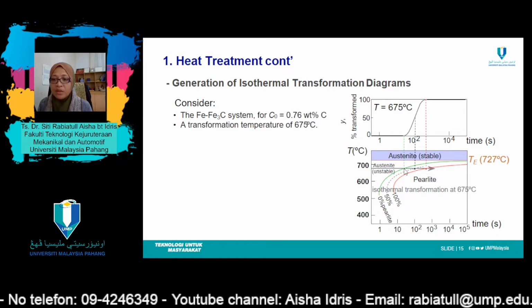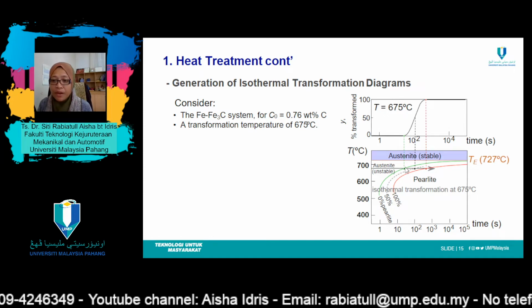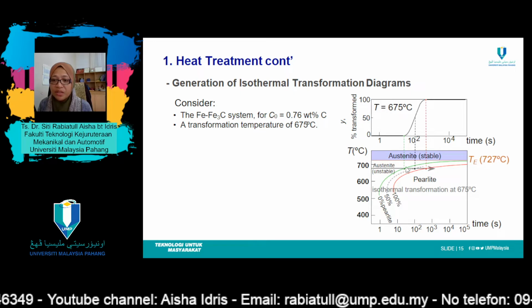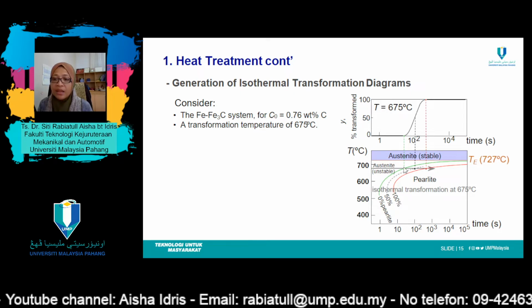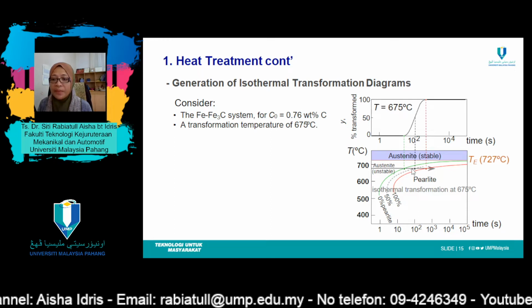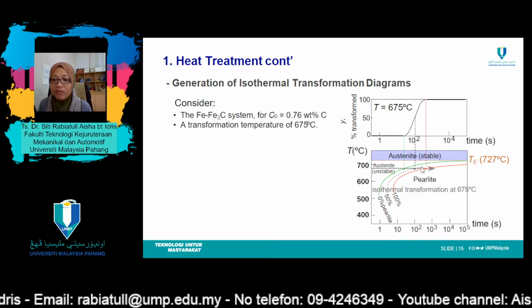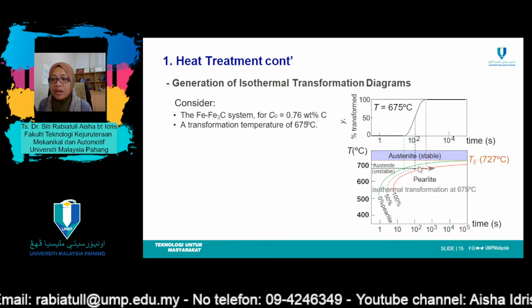Initially it will form 0% of perlite when it touches this green line, and then after certain time it will form 50% of perlite once it reaches this dotted curve,